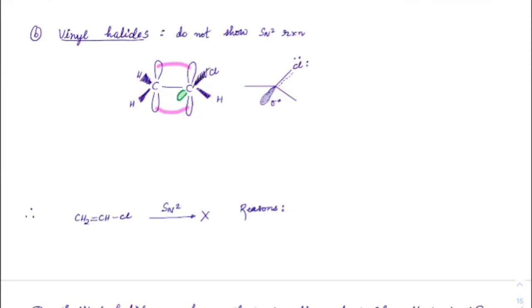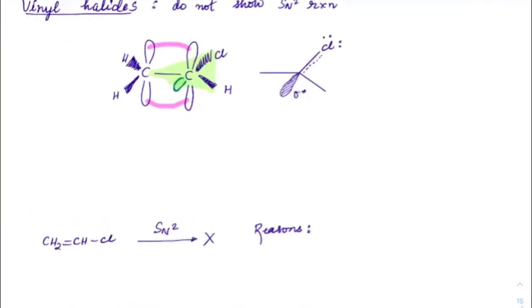Observe it carefully. This Cl, this bond and this hydrogen bond. Got it? All of them are in the same plane here. This Cl, H and this bond are in the same plane. So this is how planar it is. If it is planar, then definitely this sigma star is coming from the same plane. So when it is coming from the same plane, again the problem is when the nucleophile tries to approach here.